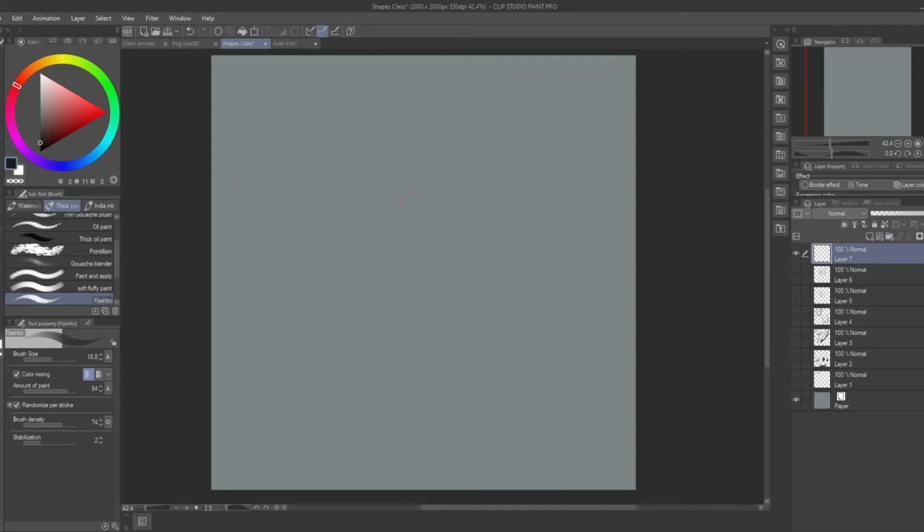So for most things that I do, I start with a circle. And like I said, it's okay to redo stuff. A lot of artists feel like they need to get it perfect on the first try. No, just redo it. And I always do a cross section with a vague general idea of where you